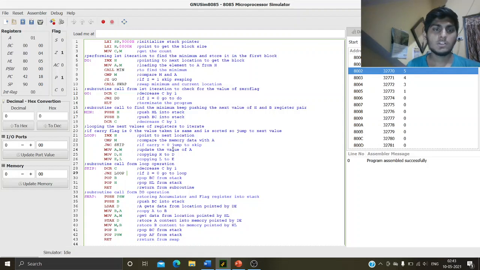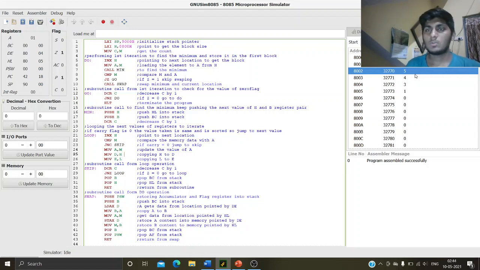So here we have the updated value. Now again in the loop operation, if jump if carry flag comes out to be 1, then we will update the value of A with M, copying the H register pair to D also, and copying L to E also.